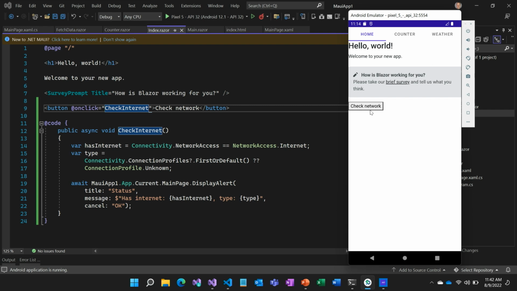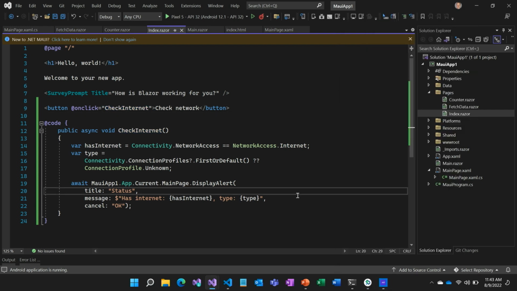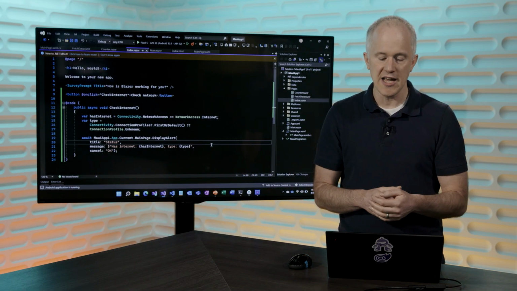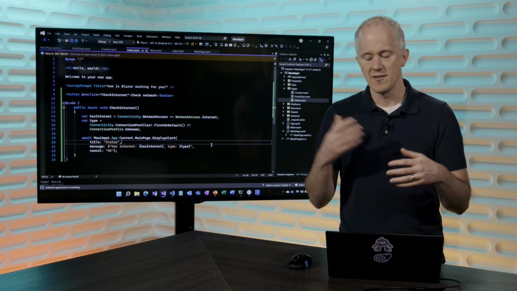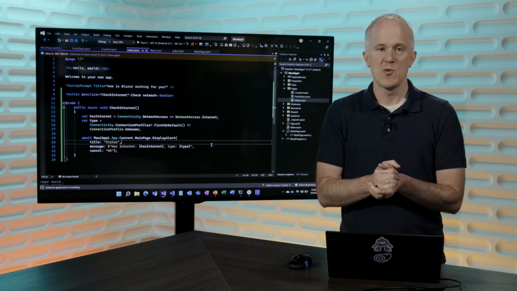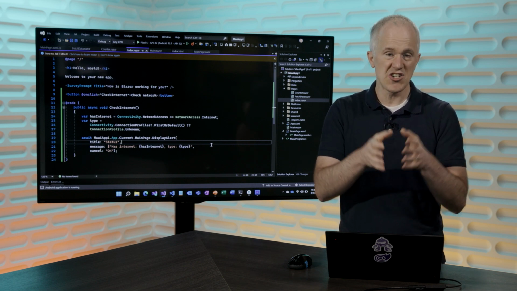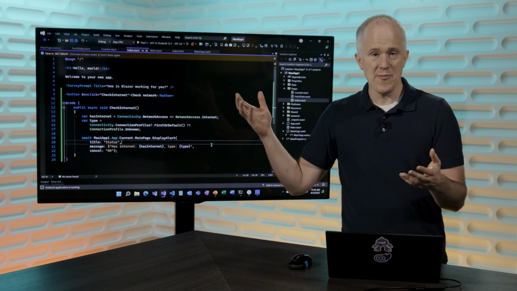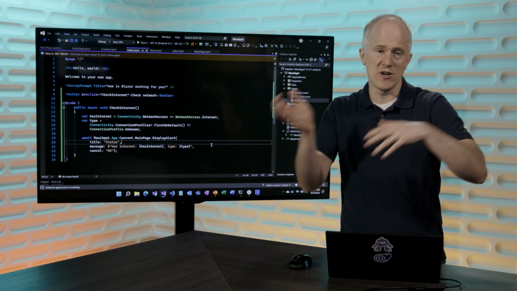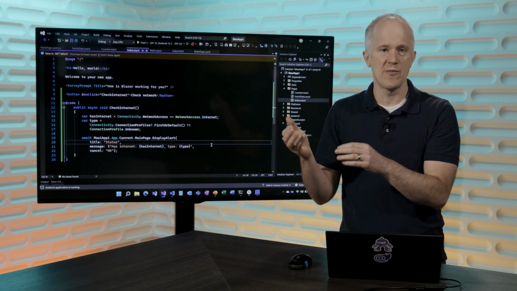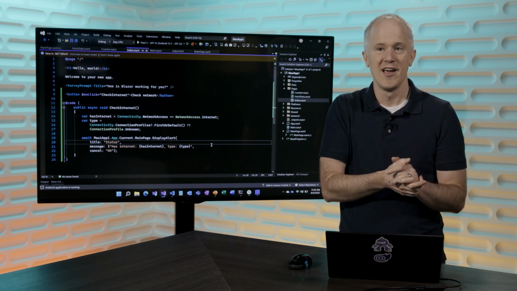Pretty cool. All right, now we've seen how we can use our web development skills to build native client apps. We've seen how we can leverage native client functionality, native UI, native APIs. But what's really cool about this setup is now we can actually share this web UI logic with our web applications. Like if we started with a web app and want to turn it into a native client app, we can just grab the Blazor components from that web app and use them in .NET MAUI, and vice versa.